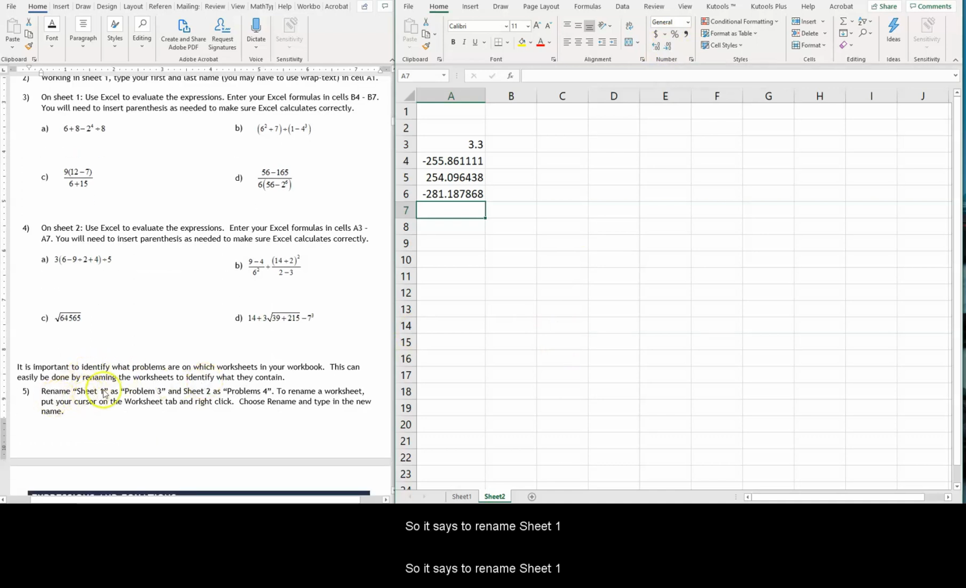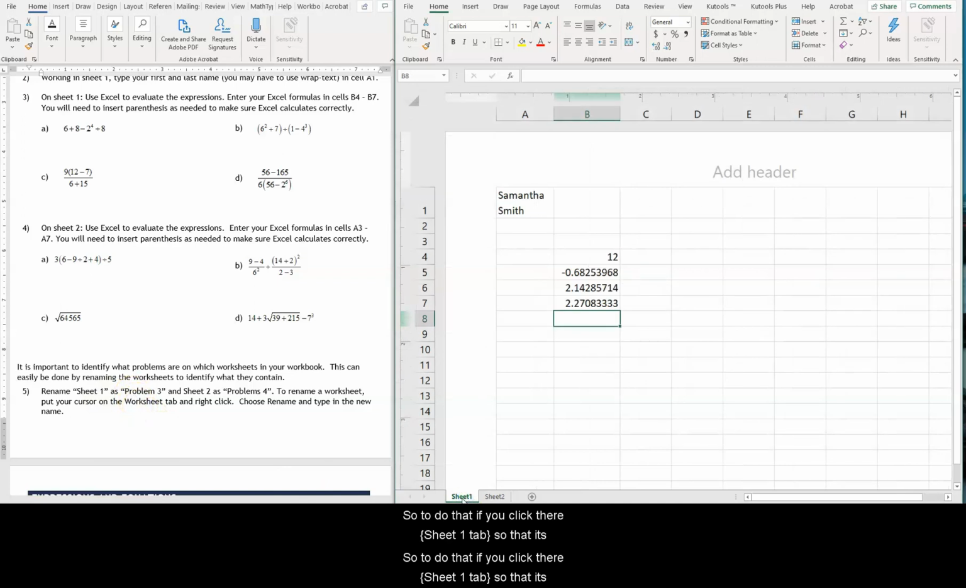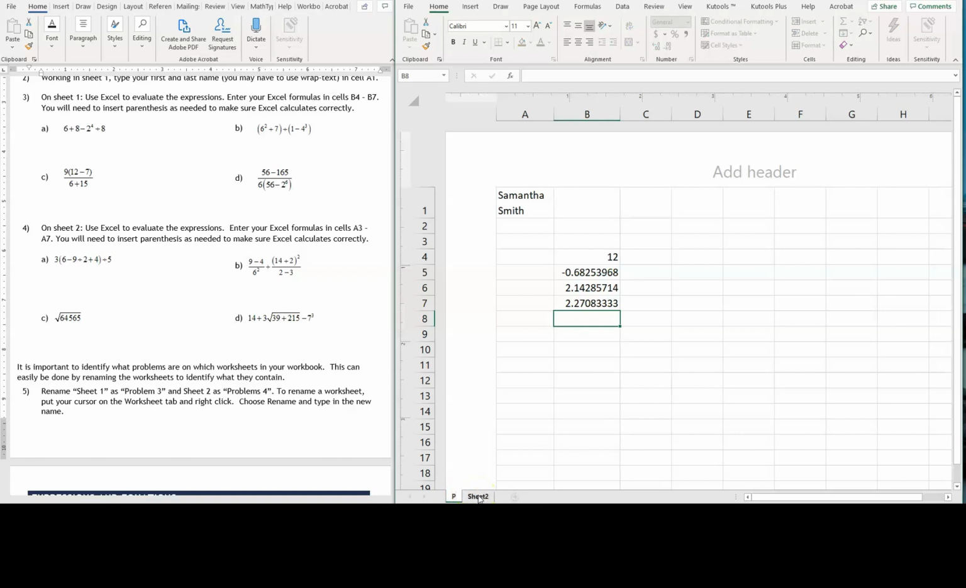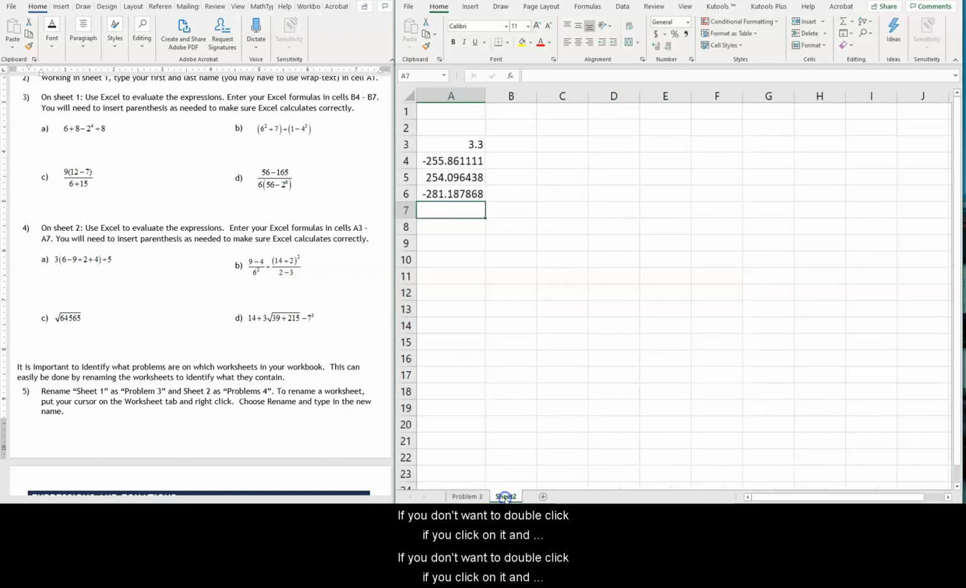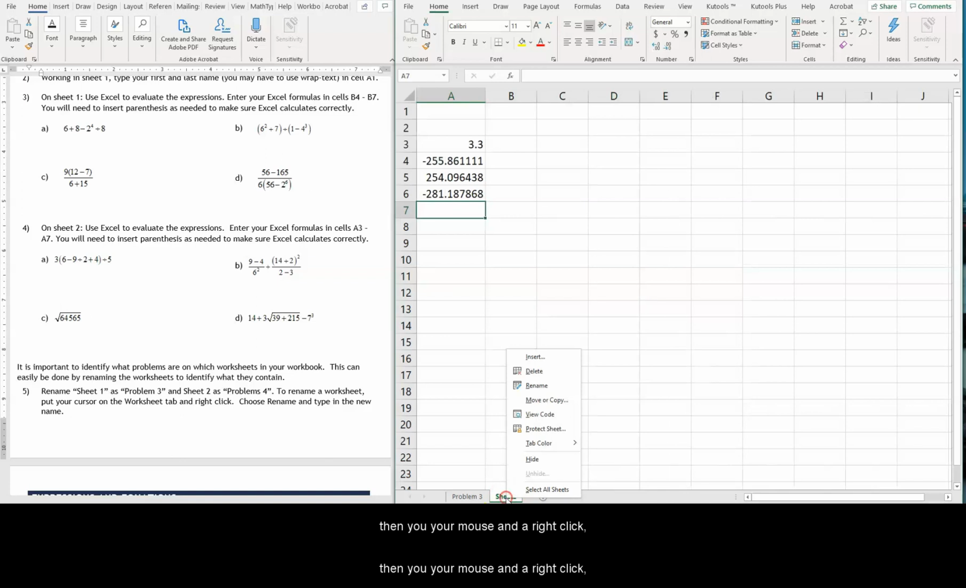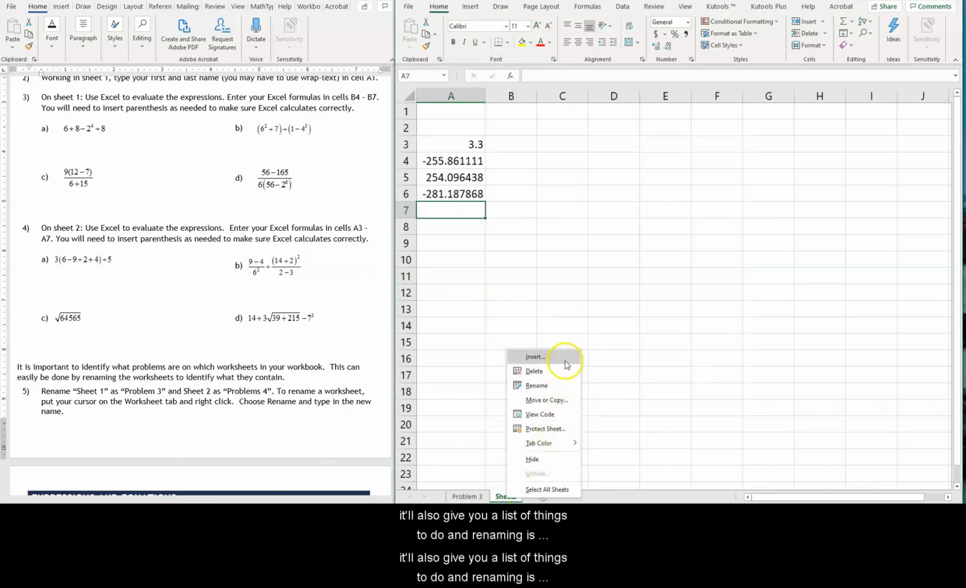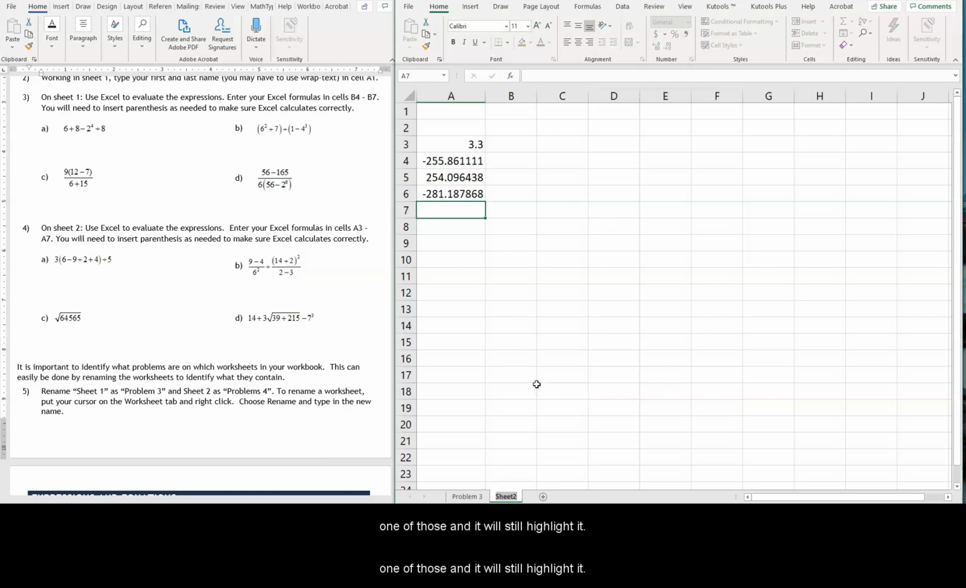Okay, let's look at number 5, our final part for this one. So it says to rename sheet 1 as problem 3. So to do that, if you double click, it'll highlight it, and then you can just type problem 3. Okay. If you don't want to double click, if you click on it and then use your mouse and right click, it'll also give you a list of things to do, and renaming is one of those, and it will still highlight it. And we're naming that as problem